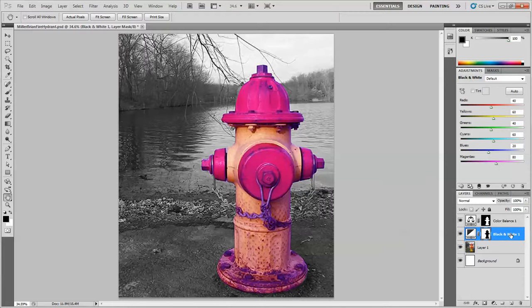Okay, so we get our new black and white layer, and you can see that it changed everything except the hydrant to black and white. So you can do all sorts of things and keep playing with it, and that is your first lesson for